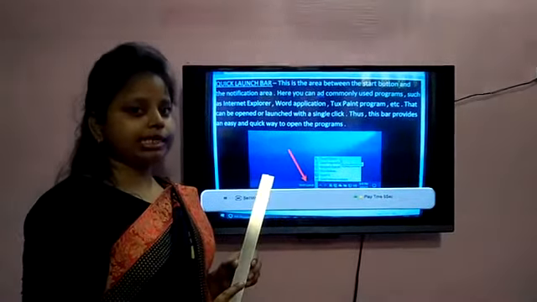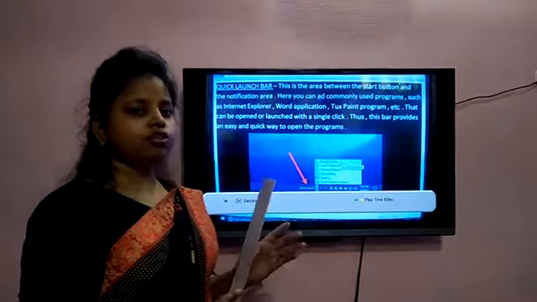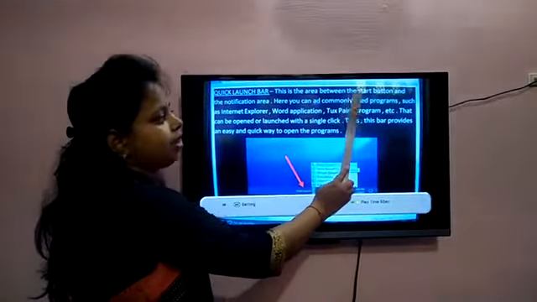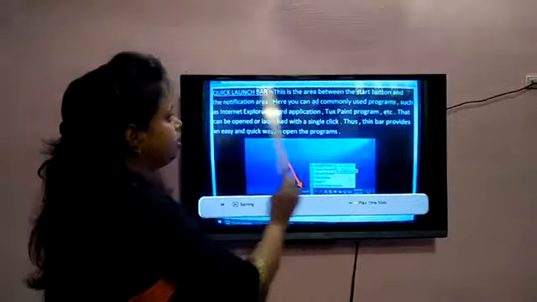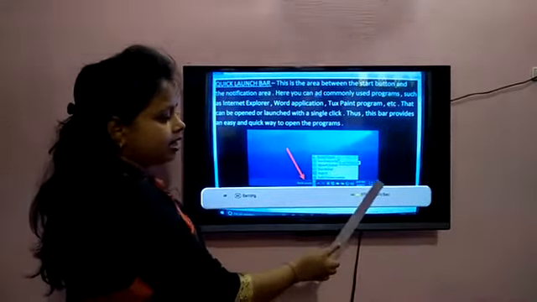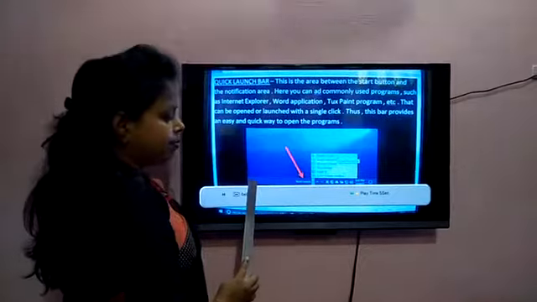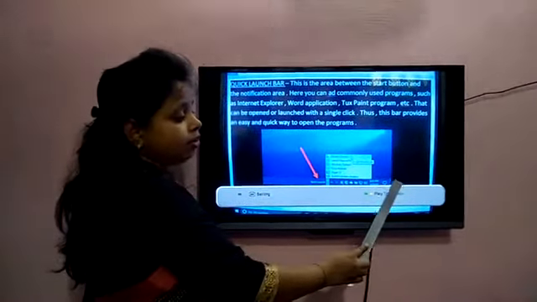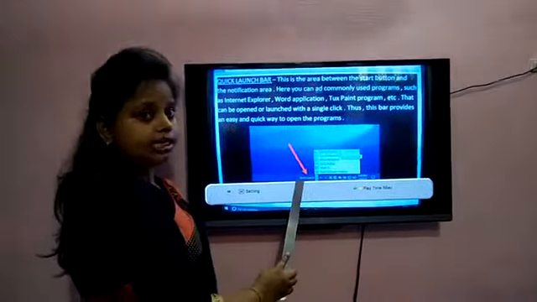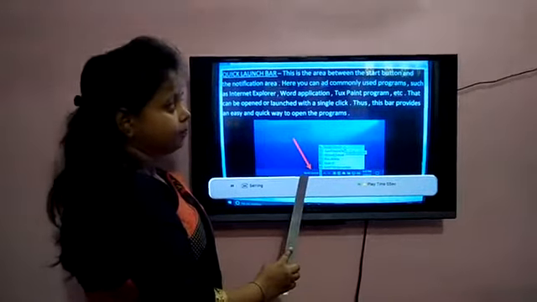Now we will discuss the quick launch bar. This is the area between the start button and the notification area. You can see here it is between the start button on this side and the notification area on this side, and the middle section is the quick launch bar.